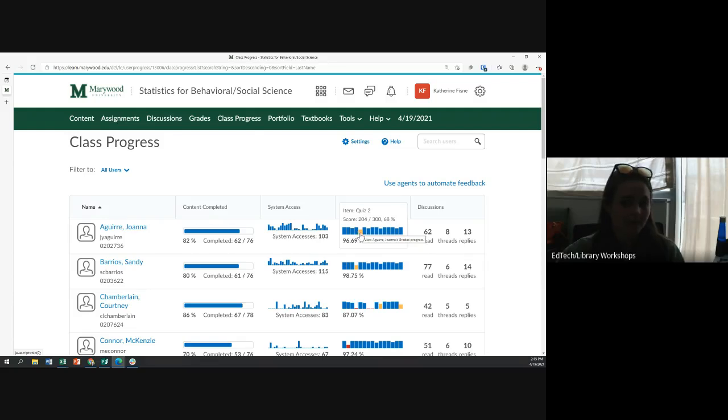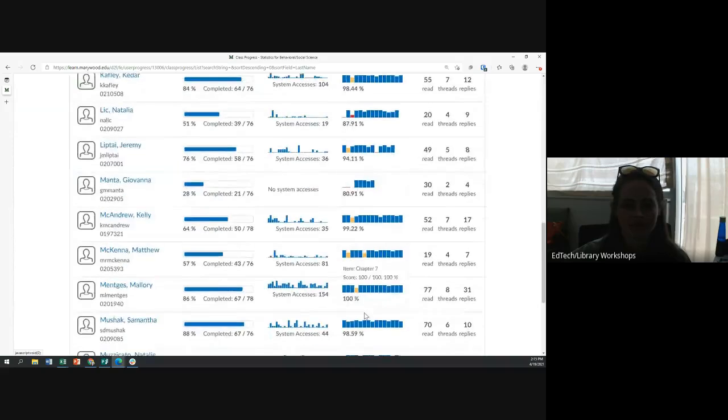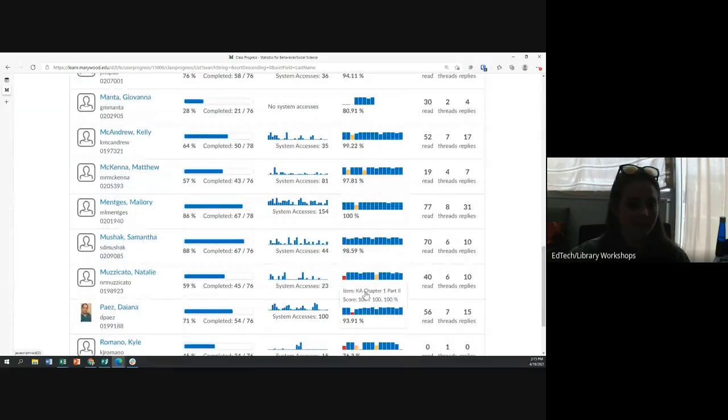You'll see if someone didn't do too well, the bar is lower and changes color. Like down here, they didn't do well on quiz 2. That reminds me, I have to email her back because she emailed me that her computer died. So it makes sense that she has 1 out of 30. But you can go through and get an overview. If somebody starts doing really badly, because they're in order from when they were assigned, I think,